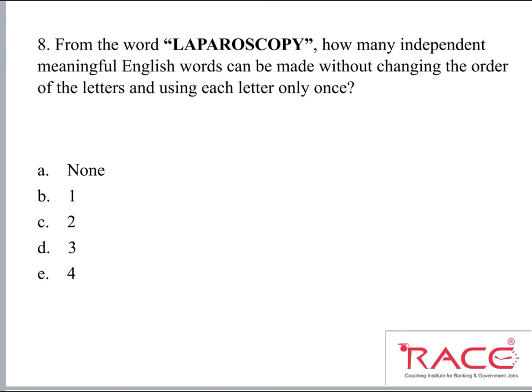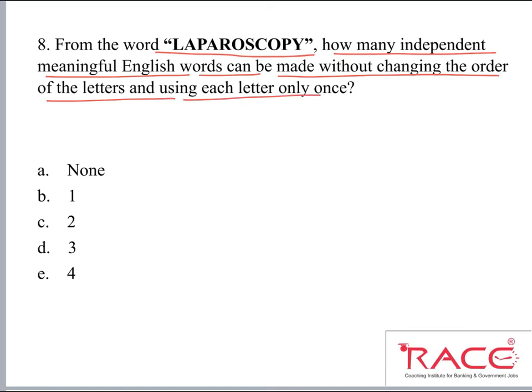So they are saying, from the word, this is a new type of question, and we have a word given, and we have to find out how many independent meaningful English words can be made without changing the order of the letters and using each letter once. So out of this word, we have to find out the combination of letters in the same order. And what we have to do, we have to use all the letters once, and we have to find out meaningful